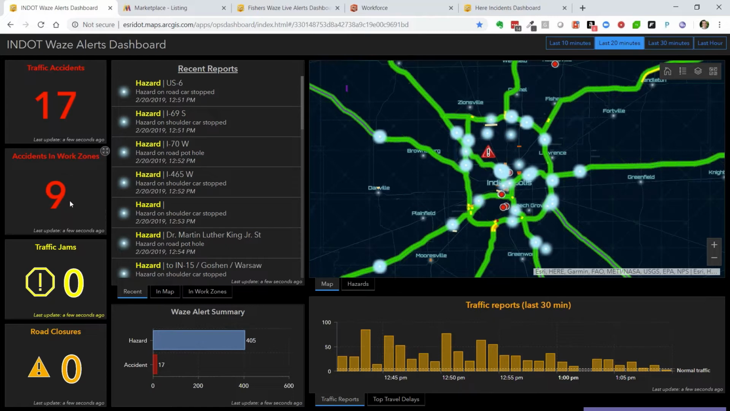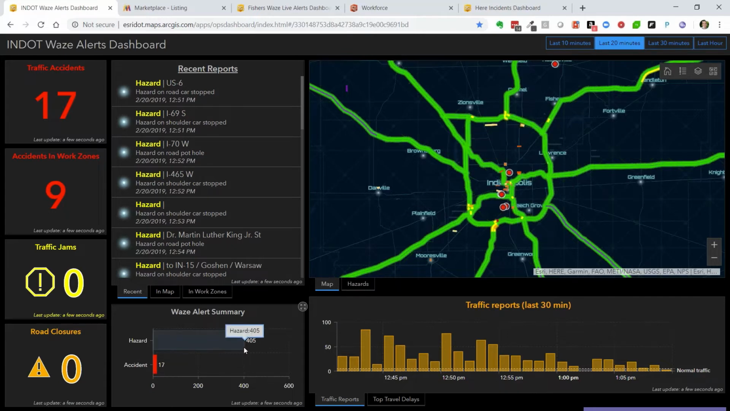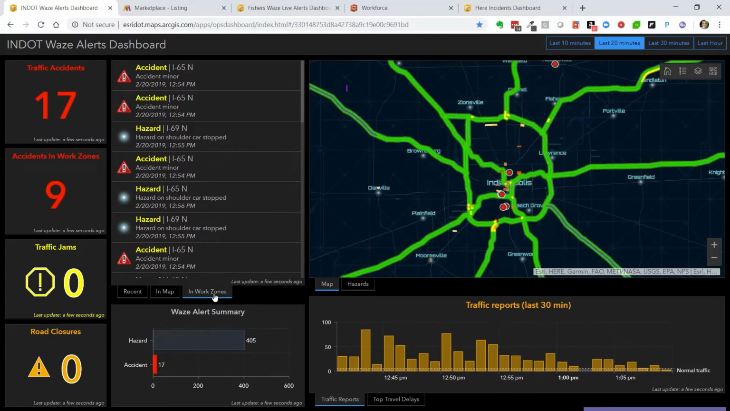GeoEventServer can combine those two pieces of information and tag alerts that are happening within our work zone so that we can get an indicator like this that tells us that we have an accident that's currently happening within a work zone. So if we want to filter out and just see accidents, I can click on this tab here and show accidents in work zones, and I can click on those and